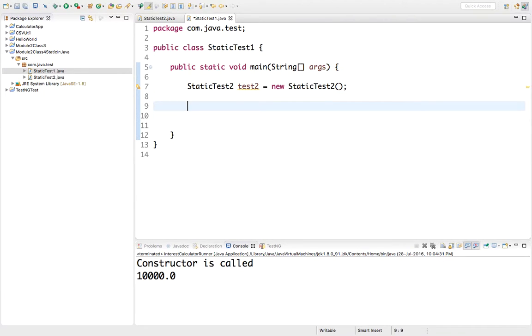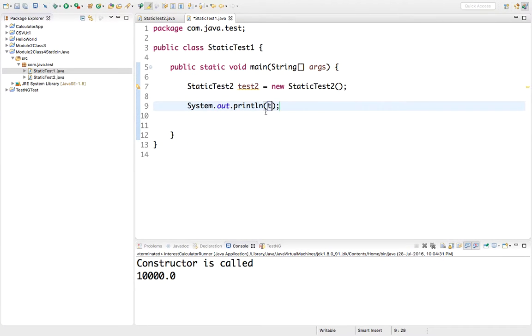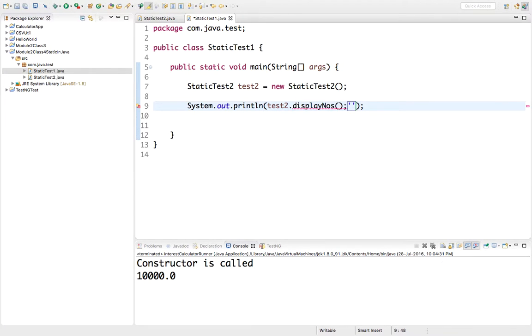Now I can print the value of the two numbers. As they are private fields, I cannot use them directly. So I can use this public method display numbers, which will print the values for me. System.out.println test2 dot display numbers.